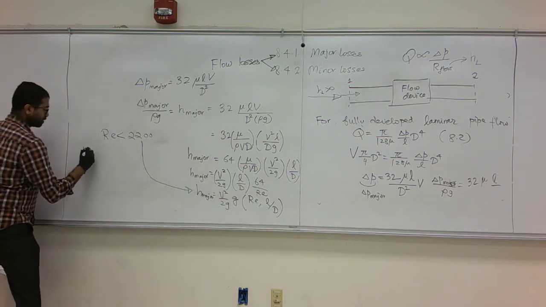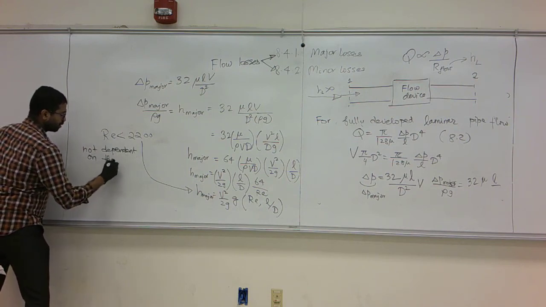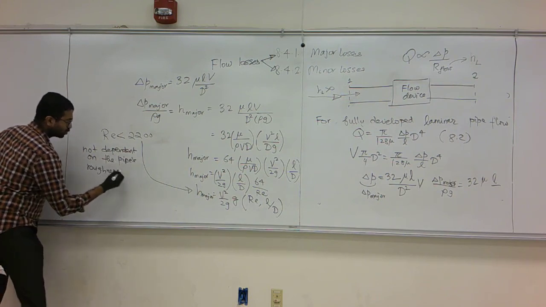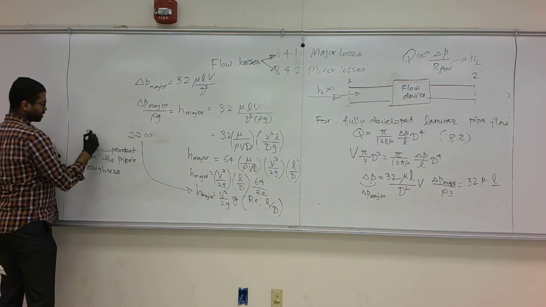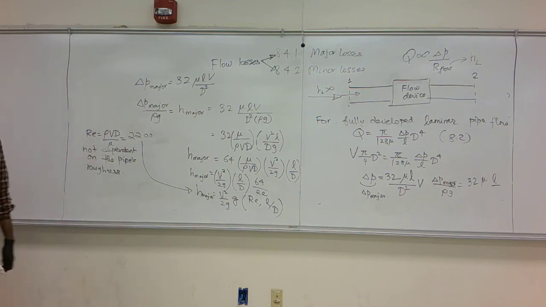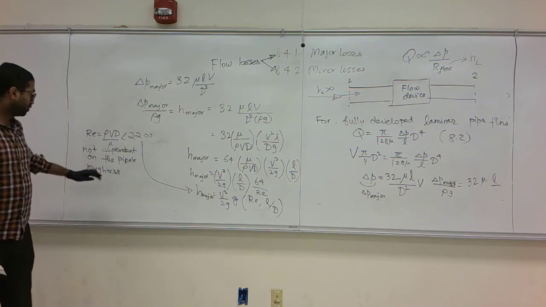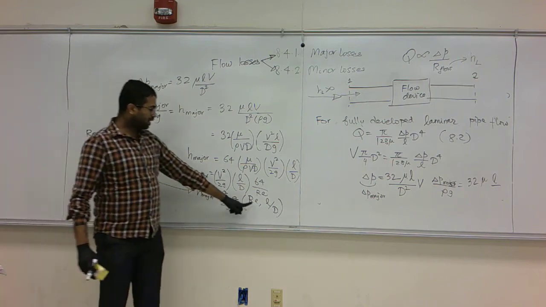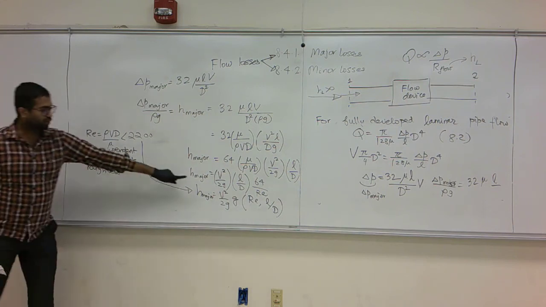It is not dependent on the pipe's roughness. So you can have a rough pipe, you can have a smooth pipe, it doesn't matter. If your Reynolds number, which is based on the flow velocity, is less than 2200, then you have laminar flow unconditionally, and the pressure loss doesn't depend on the roughness, it depends only on the Reynolds number to the inverse power. Okay, it's precisely known. The function is known in this case.